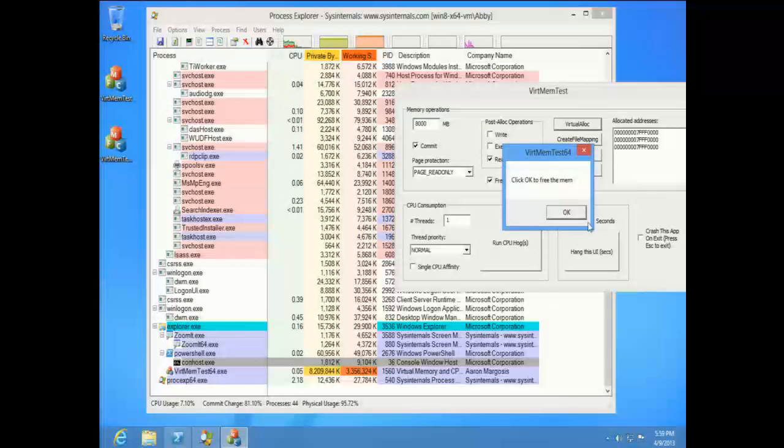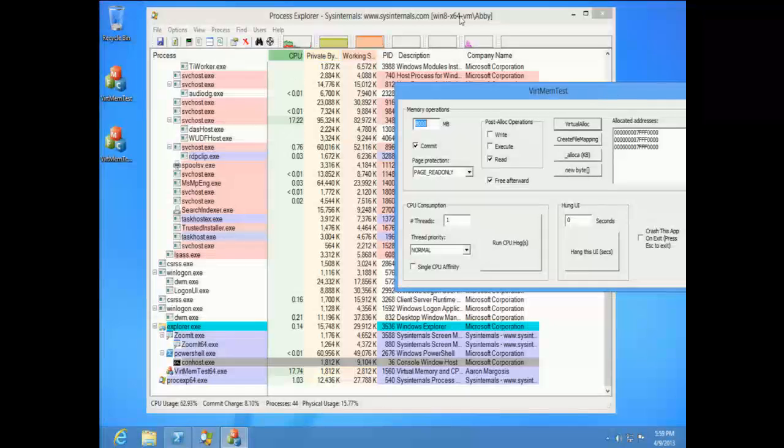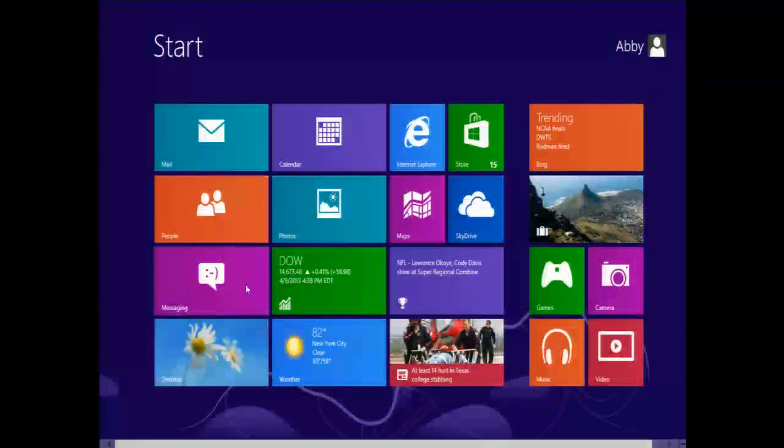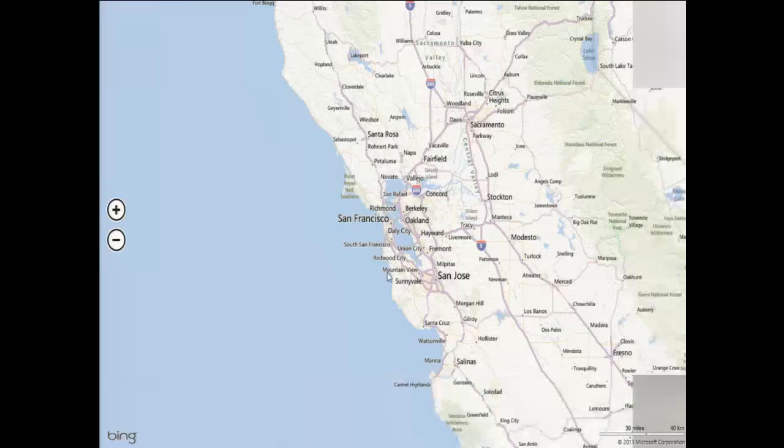We also have a new highlighting color for Windows 8 for what are called immersive apps. Let me go over here and start the Maps program. Okay.